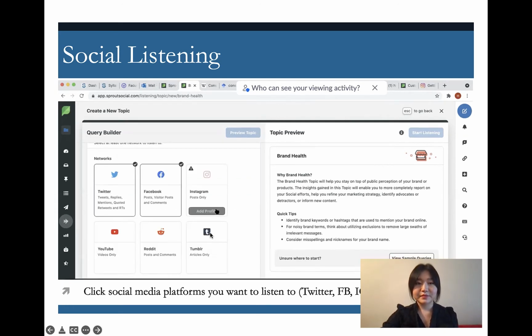And then under here, you can choose networks, any social media platform that you want to listen to. So I would click Twitter, Facebook, Instagram, YouTube, and web. So click social media platforms you want to listen to. So check if that brand that you're listening to has their own social media pages first.